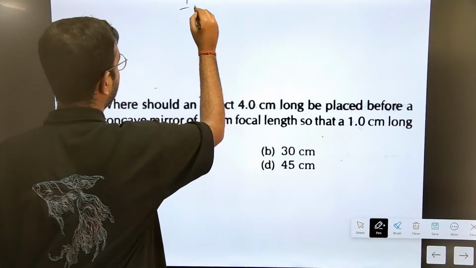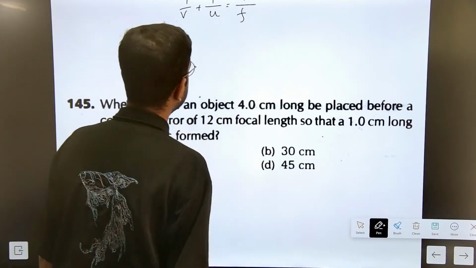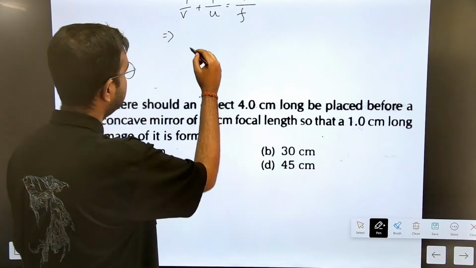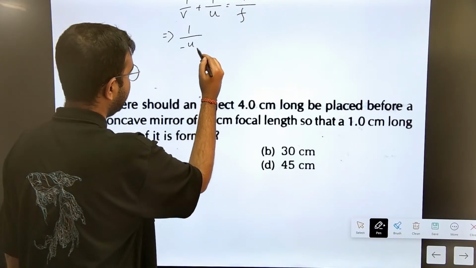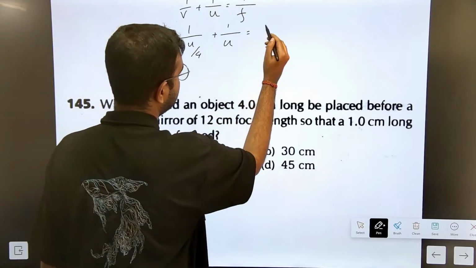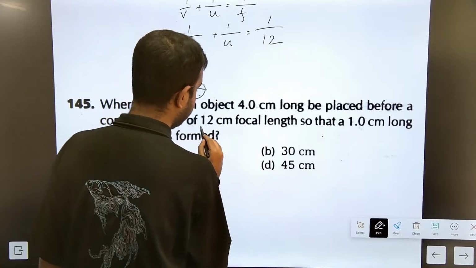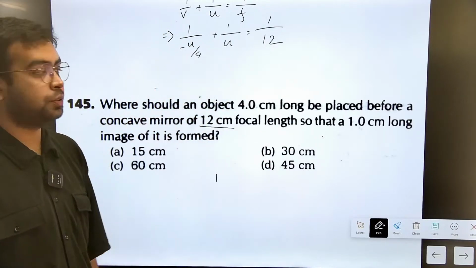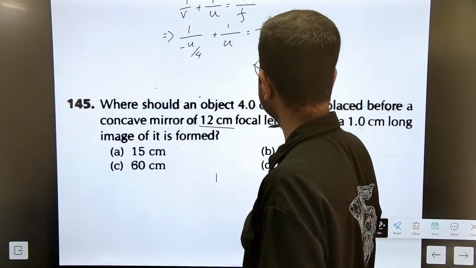आफ्टर दिस मिरर फॉर्मूला लिखते हैं, 1 बाई v प्लस 1 बाई u इक्वल टू 1 बाई f, ठीक है? अब यहाँ पे करना क्या है, v का वैल्यू हमें क्या मिला था? 1 बाई माइनस u बाई 4 प्लस दिस इज 1 बाई u इक्वल टू, and the value of f focal length is 12, it is already given in the question, ठीक है? अभी यहाँ पे करना क्या है, we just need to solve for the value of u, ठीक है? चलो सॉल्व करते हैं।